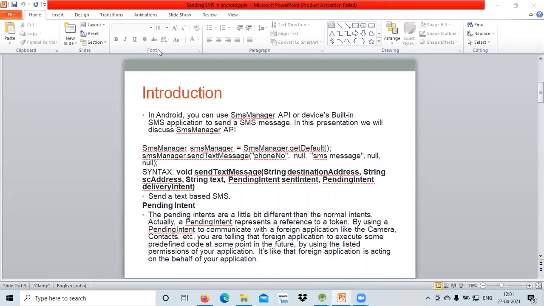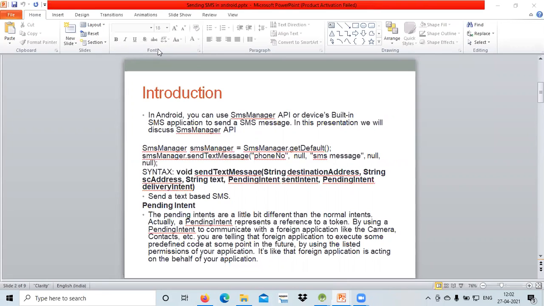The same thing goes for the pending intent in the case of messages. It will contain the intent object with itself, plus it will also have some particular action along with it, but both things will happen in the future. That is known as a pending intent.